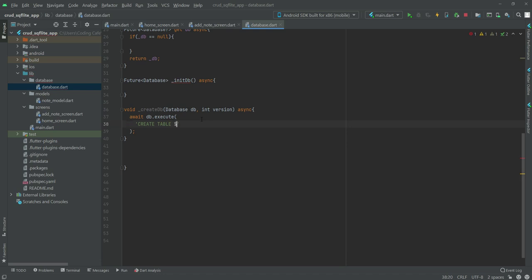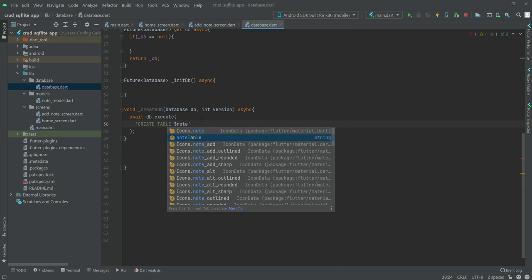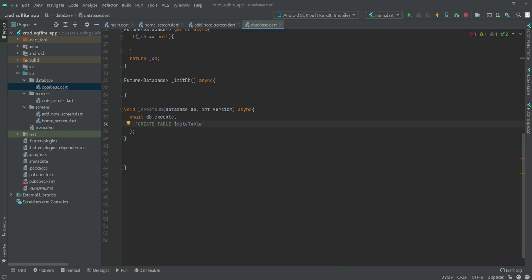So CREATE TABLE, then the dollar nodeTable, and then right here the colId. So it will be an INTEGER PRIMARY KEY AUTOINCREMENT,